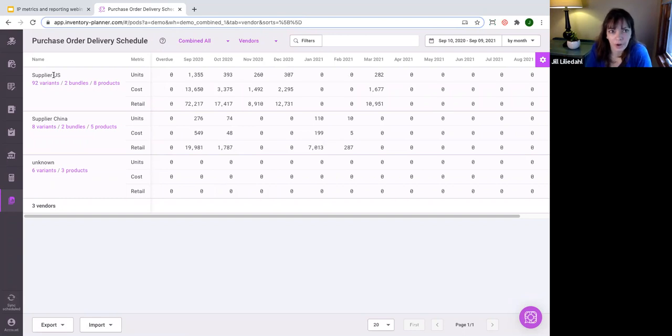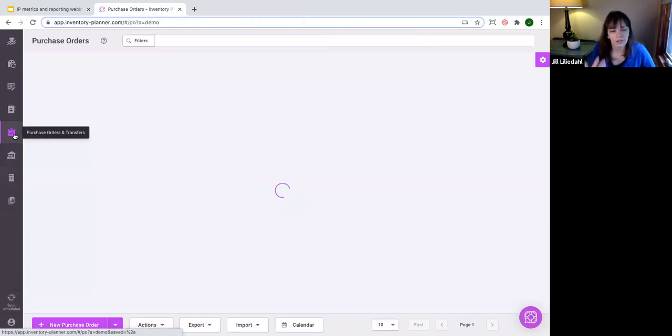So this will show, okay, from our US supplier, here's how many units we're expecting within September. If your 3PL needs more information, needs more detail, okay, is that in 3 shipments? Is that in 1 shipment? Then you can come back here to your purchase order and transfer section, and you can actually pull a report